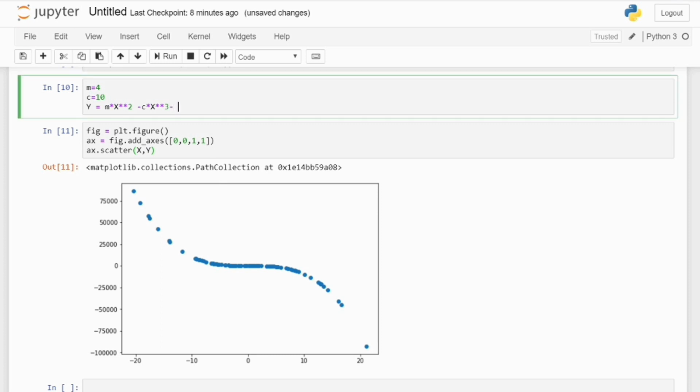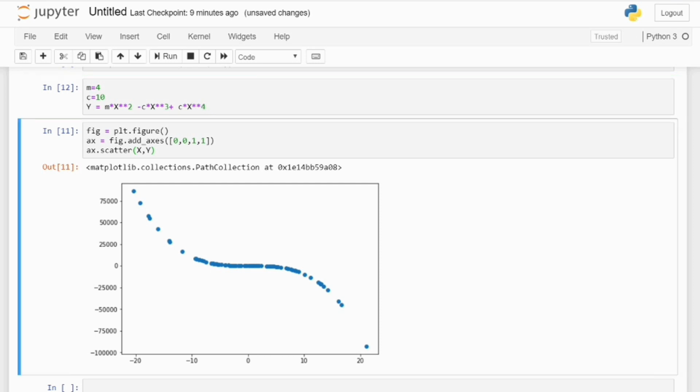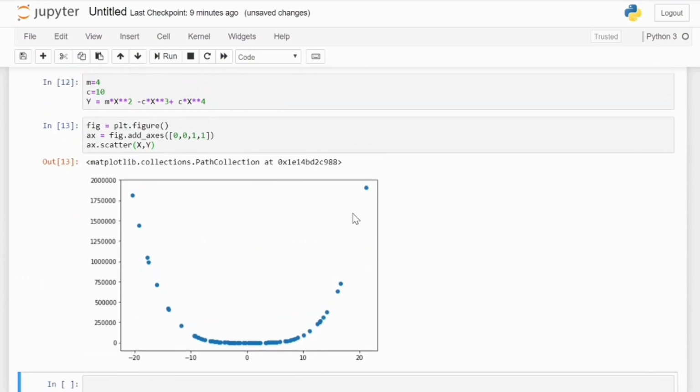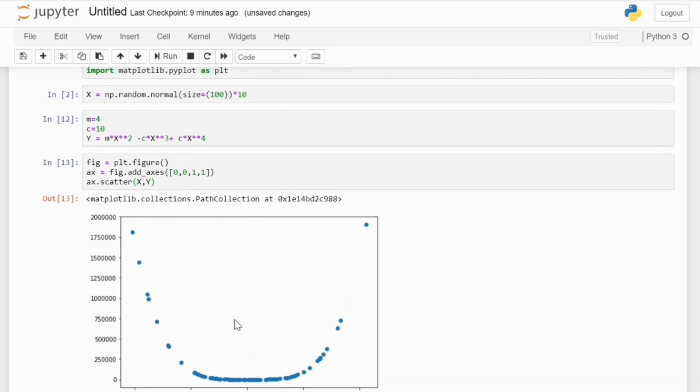Let's do something else, then do plus, and we will also take the fourth power. Now let's see how the curve looks. This is kind of a parabola but with a very low amount of slope. So in that way you can do it.